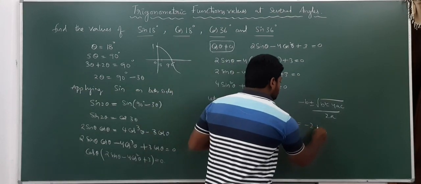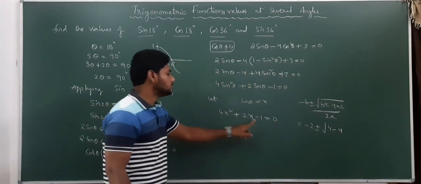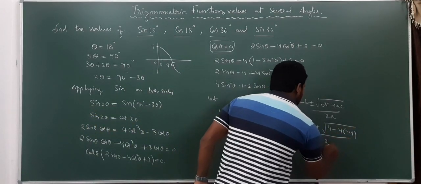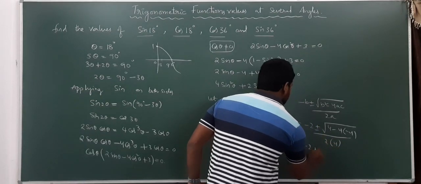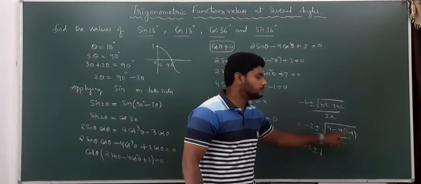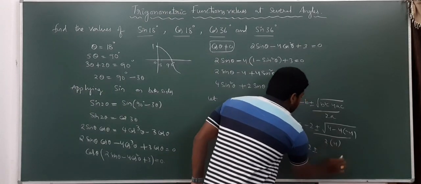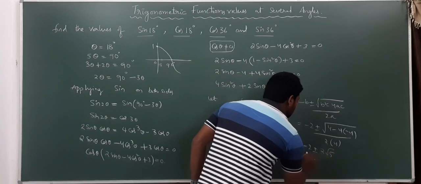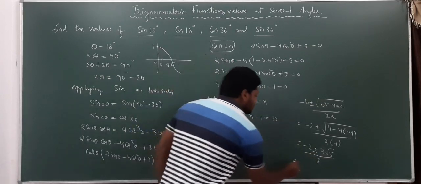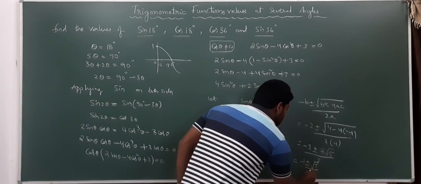What is b? This is minus 2 plus or minus square root of b square. 2 square is 4 minus 4 into a into c. 4 into minus 1 is minus 4, divided by 2a, 2 into 4. Simplify this. Minus 2 plus or minus square root of 4, 4 fours 16, minus 16. Minus into minus plus 16. 4 plus 16, square root of 20. Square root of 20 I will write as 2 root 5. Check it. Divided by 2 fours 8. Then from these two if we take 2 common, it will become minus 1 plus or minus square root of 5 divided by 4.